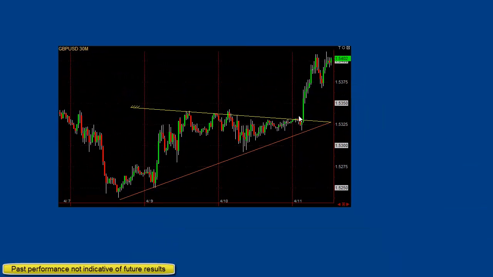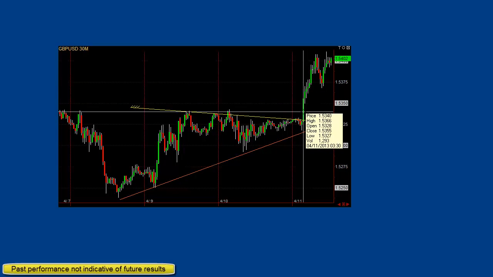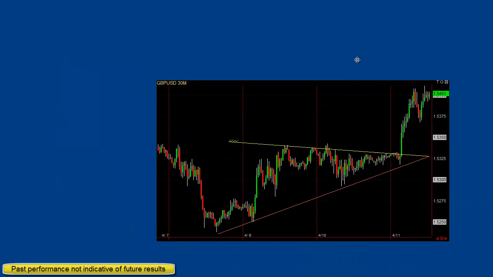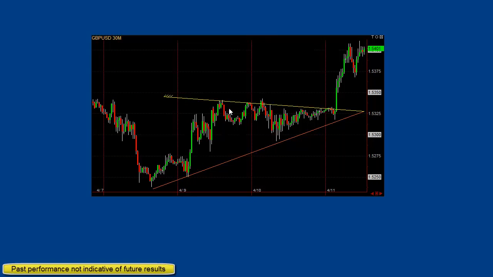And a lot of times these moves don't just explode up within one. These are 30-minute bars, but if you would have noticed this, maybe you got to your computer right here at 53.40. The breakout was at 32. Maybe it went up 8 pips. Well, guess what? These tend to lead to big moves. You can draw trend lines on monthly charts, weekly charts, daily charts, hourly charts, 4-hour charts, 5-second charts, or 5 pips per bar charts, any time frame you want, and get alerts on it. It's up to you. And again, anytime you see volatility patterns that are very, very tiny like this, very high probability,